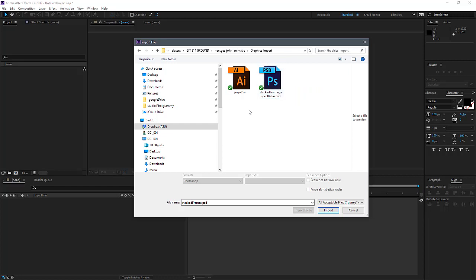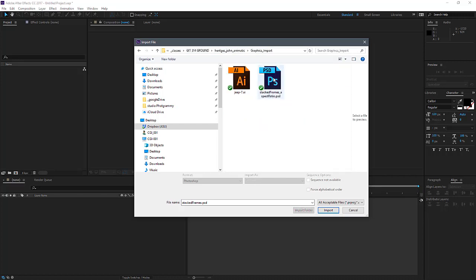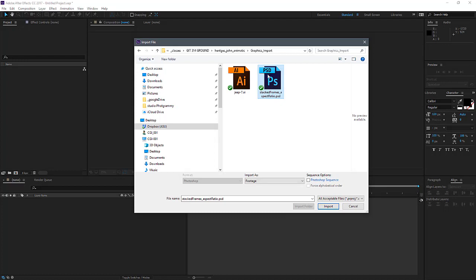I was working on it, it's still a working asset, but now I'm actually importing it into After Effects, so taking it out of the working folder here and dropping it into the graphics import folder. This is basically a finished piece that I can actually drop in and use. So here I grab this, and under Import As, I want to go to Composition, and I want to retain